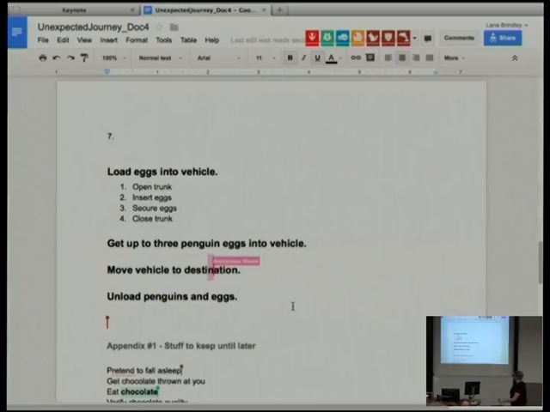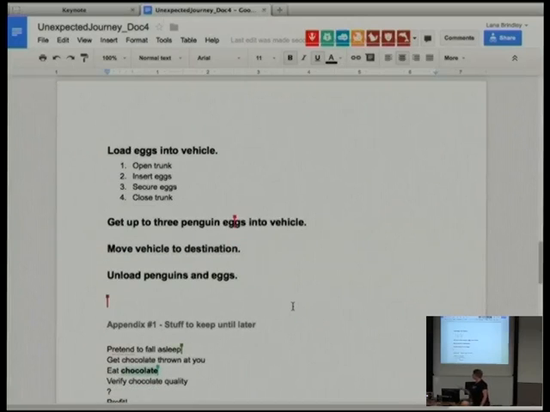So, am I allowed to be reading the docker at this stage? Yes, of course you can. That says get up to 3 penguin eggs, which is sufficient. Yes, we did say at least 3 penguins, didn't we? 3 penguins and their eggs. Yes. What do you mean at least? Yeah. At least. No. That's okay. You can make that development decision. That is entirely up to you. Just keep trying. Who wrote that?